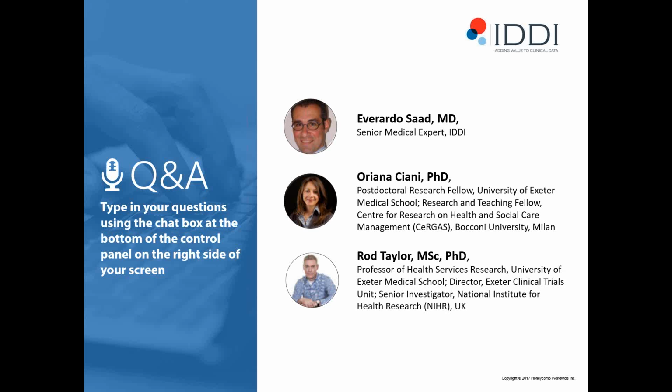Okay, so I guess there's two bits to that. I will have a crack at it. Ariana might want to chime in a second. So will HTA agencies consider non-randomized evidence? Well, I think the answer to that is certainly yes. Certainly HTA agencies like the FDA or EMEA will have a hierarchy of evidence, and I think the first thing we'd want to say is, well, why do we not have randomized trial evidence? But there are certain circumstances, for instance, that maybe the only evidence on the table is observational, and the obvious things that come to mind are very rare diseases, orphan diseases, where doing even comparative studies, never mind randomized studies, are very difficult.